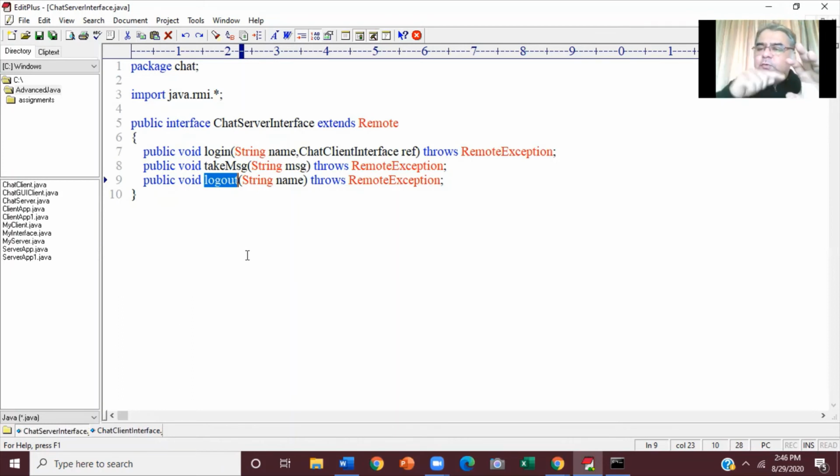So again, what we'll have to do? Parsing. We'll have to parse the vector, get 1 by 1 client info, from there get the stub, call that take client list method. So we are going to repeat that parsing code in login as well as in logout. Again, what we'll do in our server, we'll keep a separate method where we'll do this parsing. Let's say broadcast list. And from these two methods, we are going to call that method. I hope you got it.